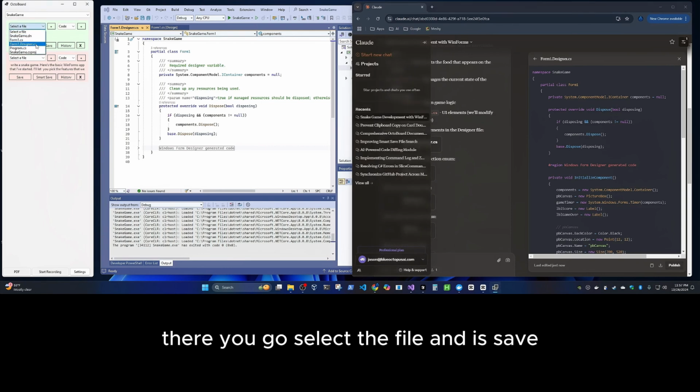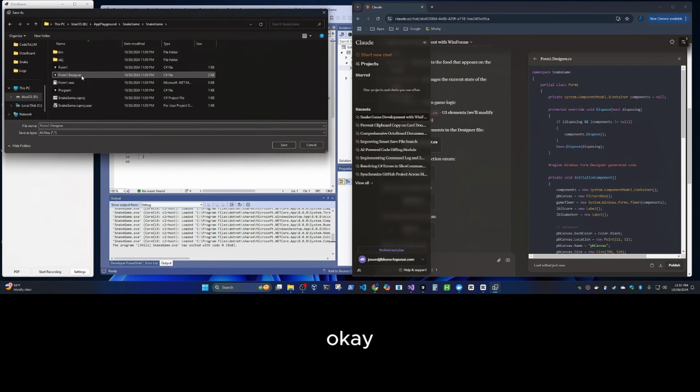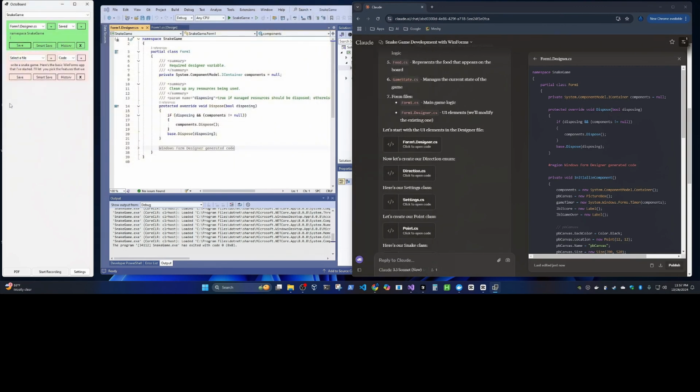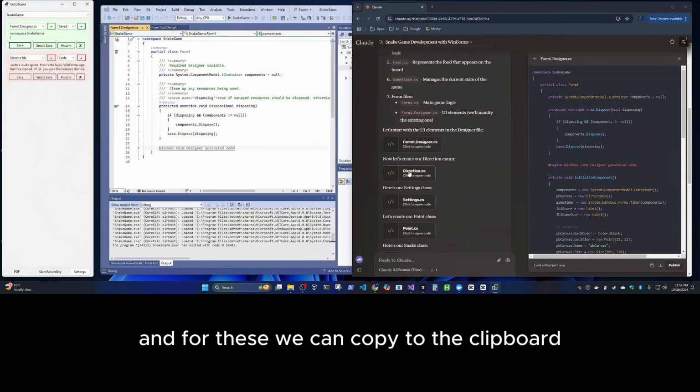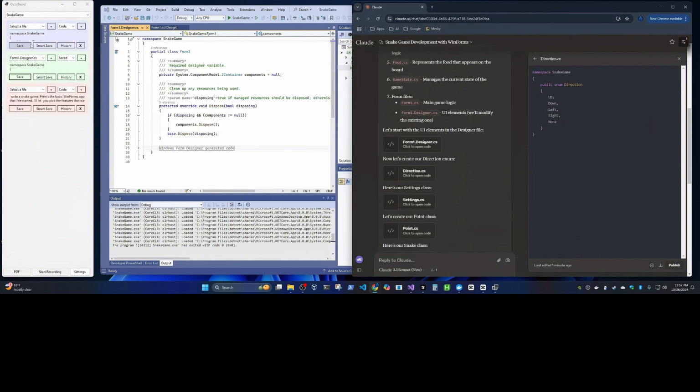Select the file and hit save. Okay. And for these, we can copy to the clipboard.